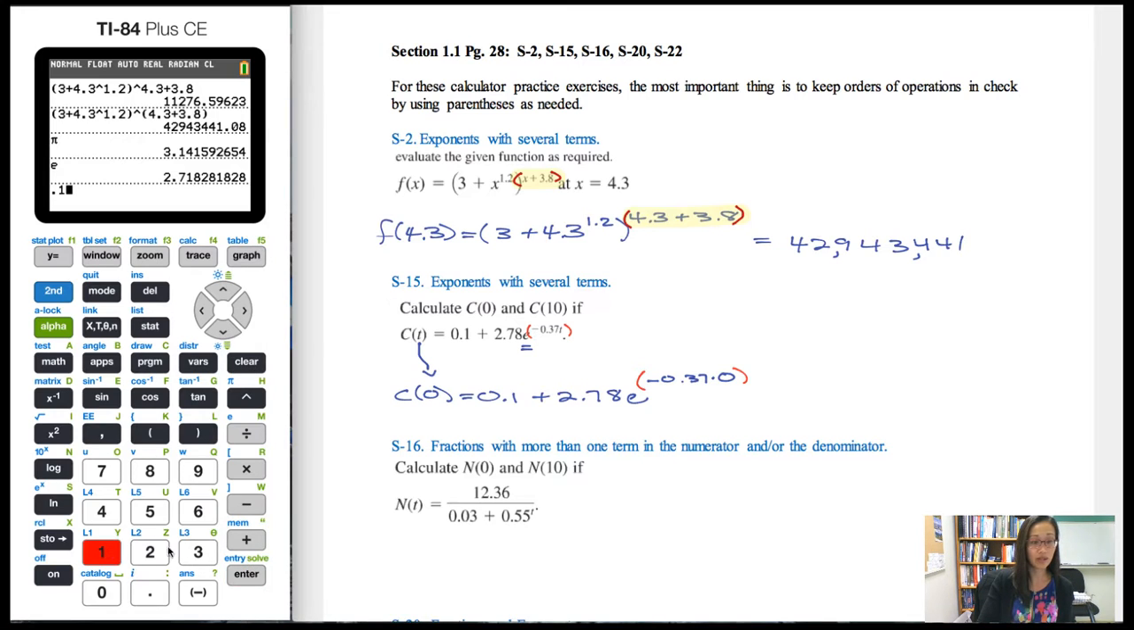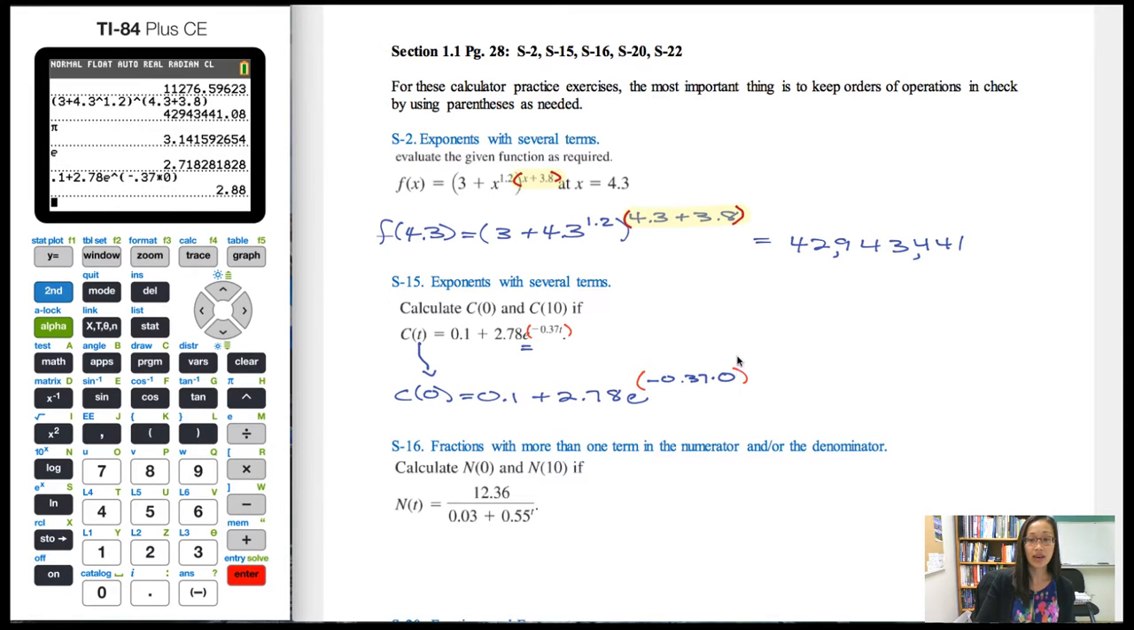So that's 0.1 plus 2.78 times E, so second division symbol. Raise it to the, again, so important to put parentheses around this. And then the other thing that I want to bring to your attention is this negative sign. This is negative 0.37. So you want to use this button down here for the negative sign. Don't use the subtraction symbol. It'll give you an error. So I'm going to use this button down here for negative 0.37 times 0. Close the parentheses, and we get